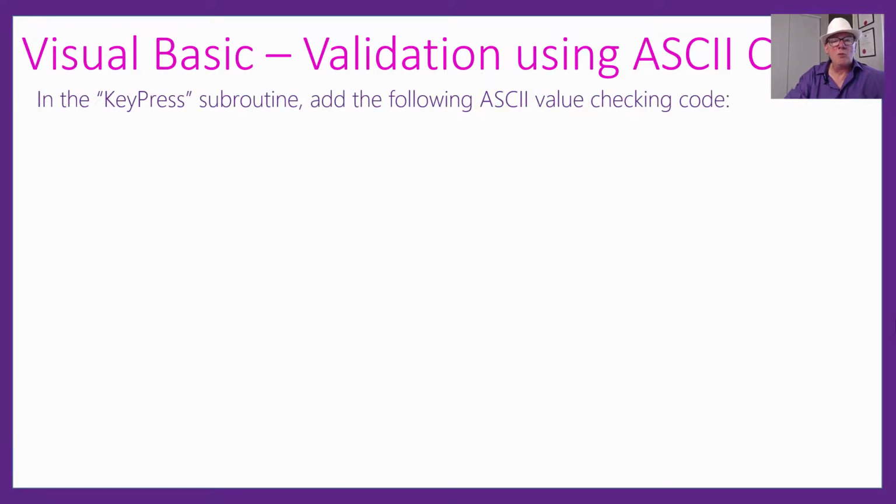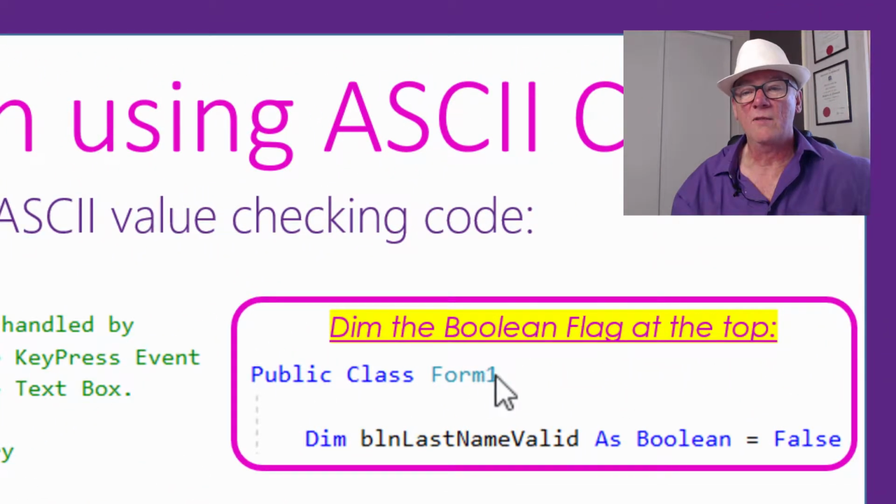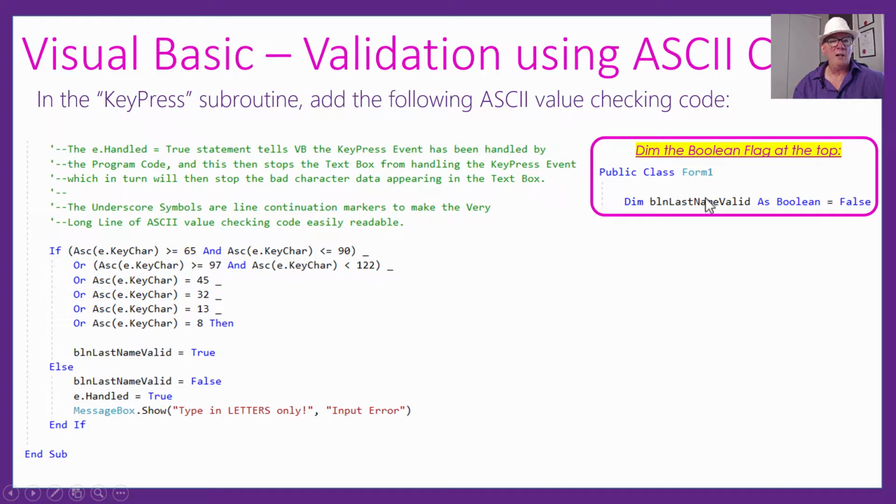All right, in the key press subroutine, we're going to add some ASCII value code checking now. But we also need to, just up the top of the program, straight under public class Form1, make sure you dimension this variable so it's a public variable. So we need to put Dim, Boolean, last name valid, and just set that to false. So we're going to have this sort of Boolean true/false indicator up here, and you need to just put that straight under Form1. Then you go down into your code